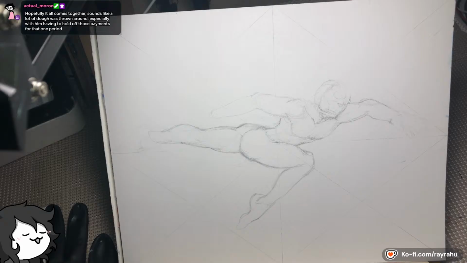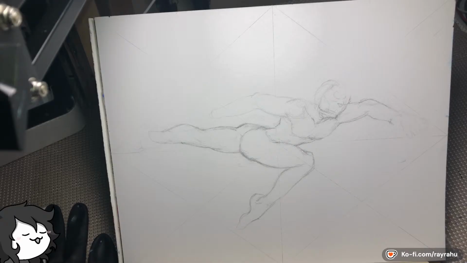Hopefully it all comes together. Sounds like a lot of dough was thrown around, especially with him having to hold off those payments for that one period. Yeah, he's in and out of school. I think he's in school again now. So for the fourth panel, it'll probably be a while before we work on that.